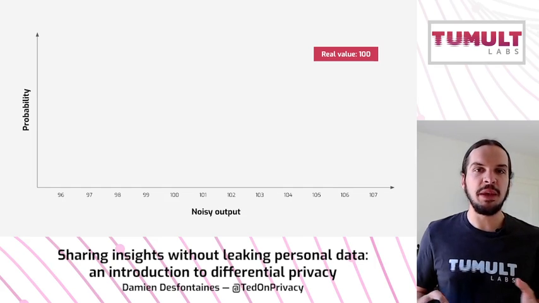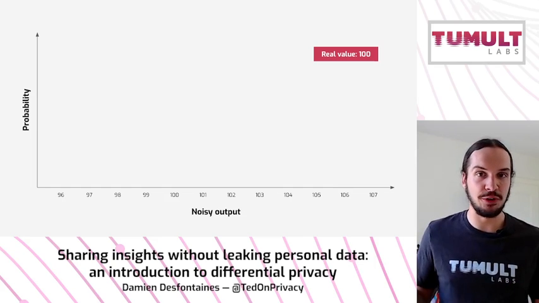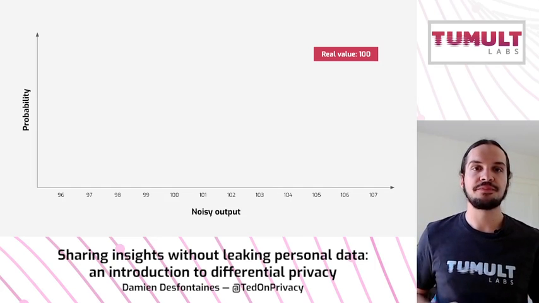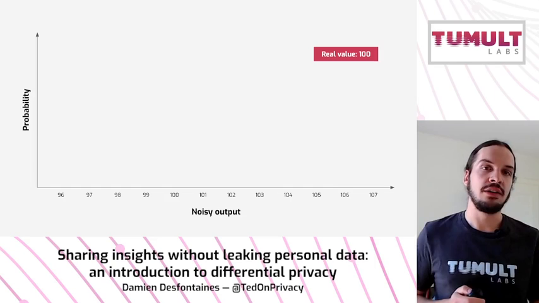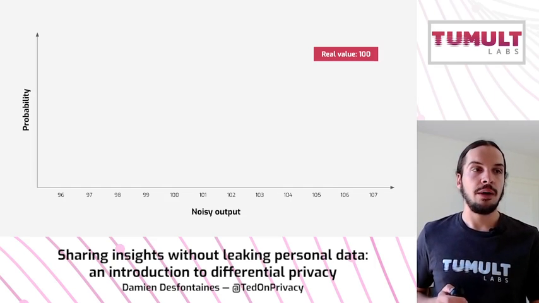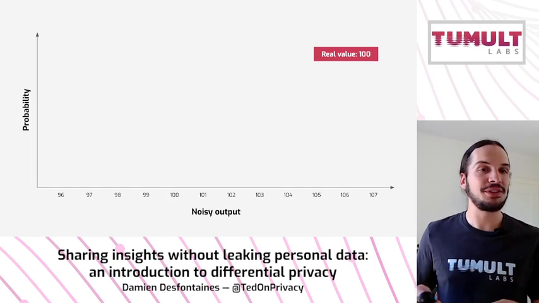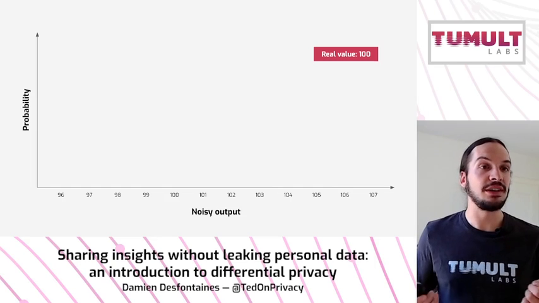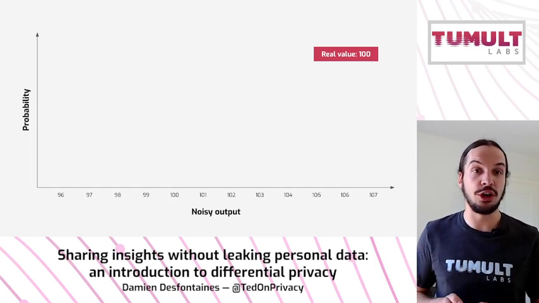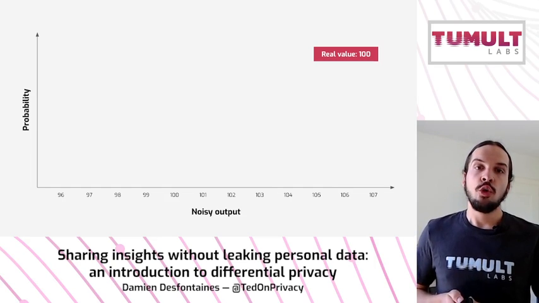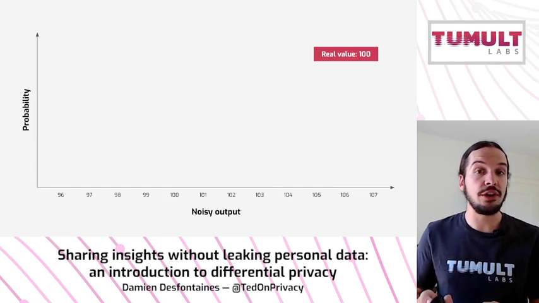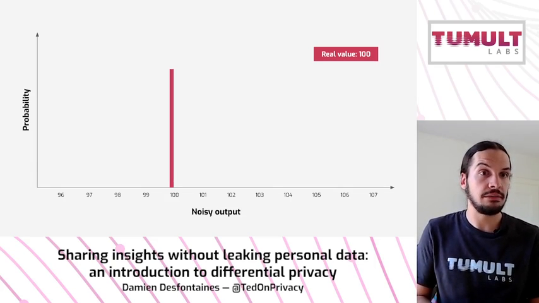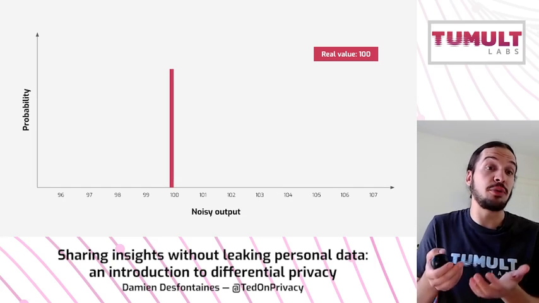Suppose we're counting people with brown hair in a specific neighborhood. We want to publish this statistic safely, privately. We're going to imagine here that the real value is 100, and we're going to compute and visualize the probability of returning a certain output using this real value 100. Of course, we want to be able to return this exact value with some probability, right? Ideally, as much probability as we can